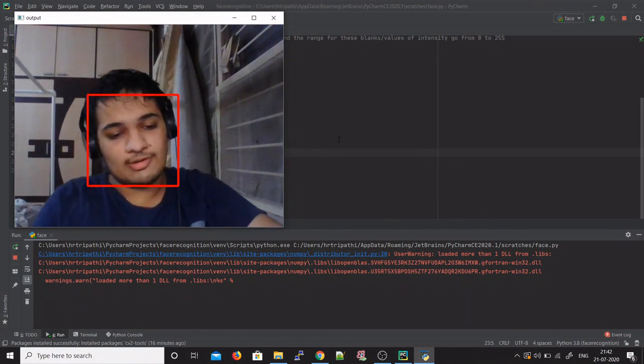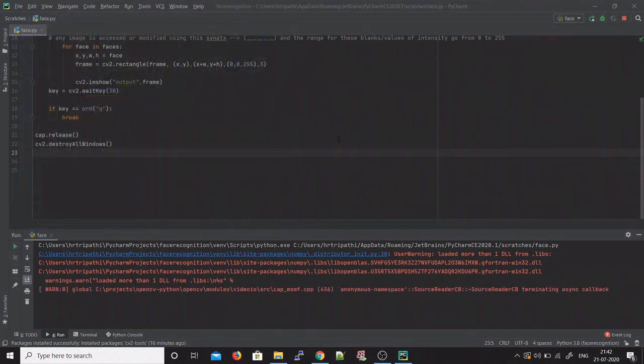Alright, if I press Q now, which I just did, as you can see, the output got terminated, right? So it's all over. And in that particular code, if you move your face, that square will track you, and that is how we have made our own face recognition program, albeit a very basic one. There are many more advanced face recognition programs available out there, but for starters to OpenCV and computer vision, this was the most fundamental code that we can make.